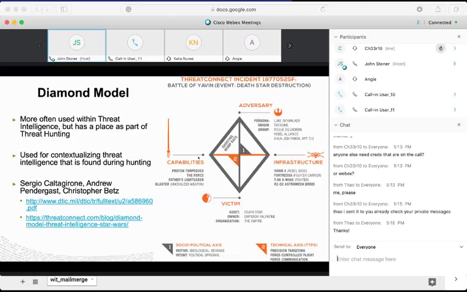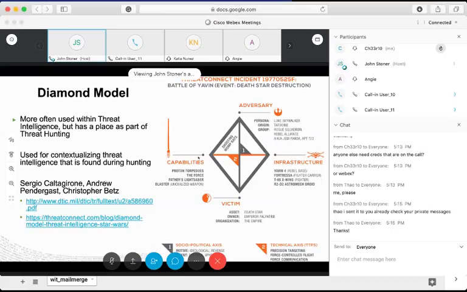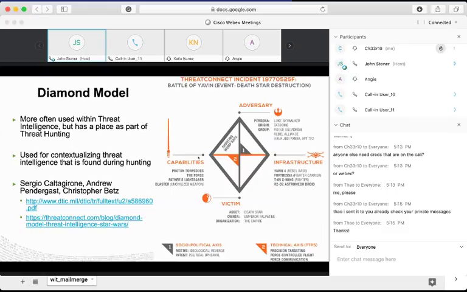Three connected an interesting blog around looking at Star Wars and using the Diamond Model for the Battle of Yavin, which for those who follow Star Wars, or maybe don't, right? We're talking about Episode 4, A New Hope, right at the end, the planet before the first Death Star blew up. Looking at this from a victim perspective, the victim, of course, being the Empire, and looking at the relationship between the victim and the adversary, the capabilities and the infrastructure, and how you have these XY axes